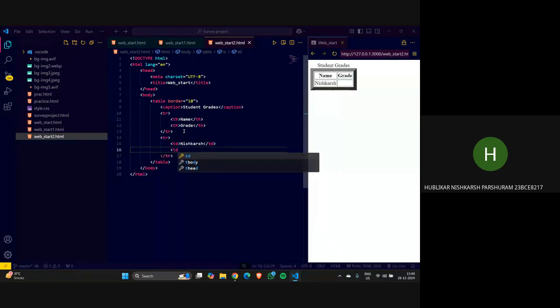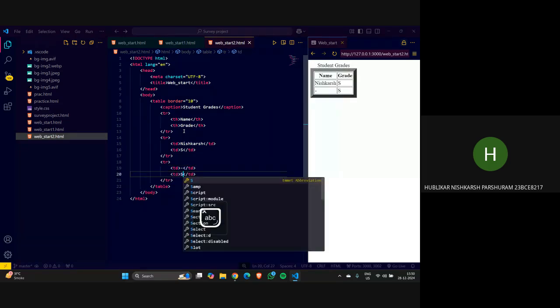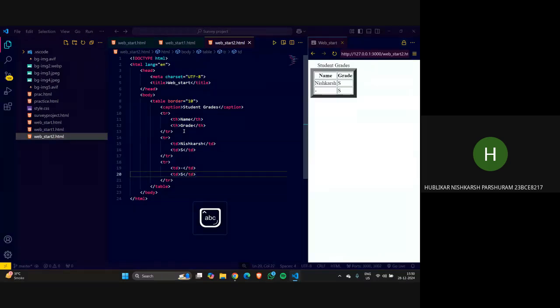I'll insert the grade as S. After that, I'm taking another table row, adding another table data. I'm taking some name this time again. Data. So in this way, and if I want another table row,